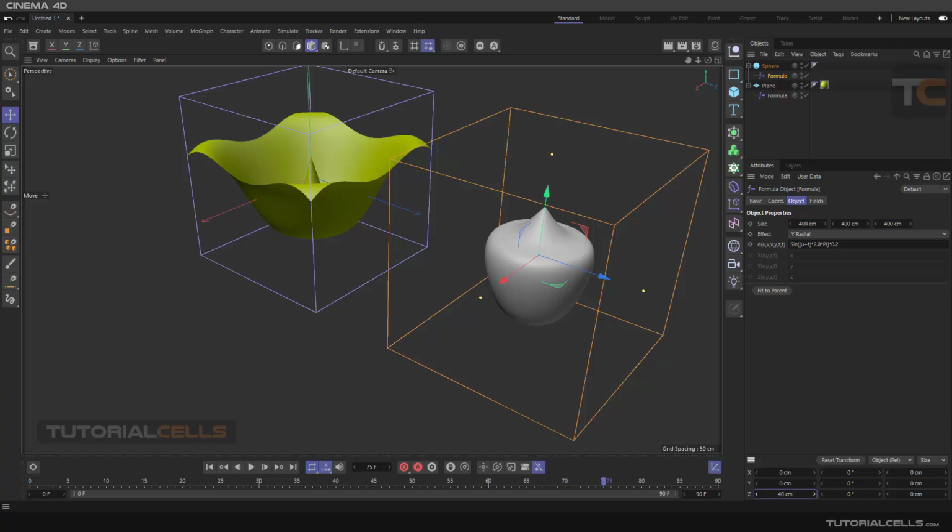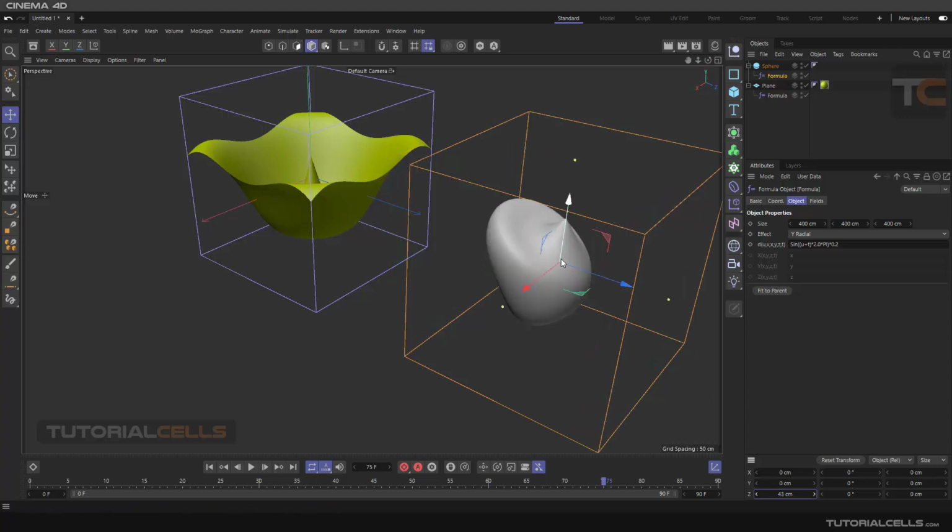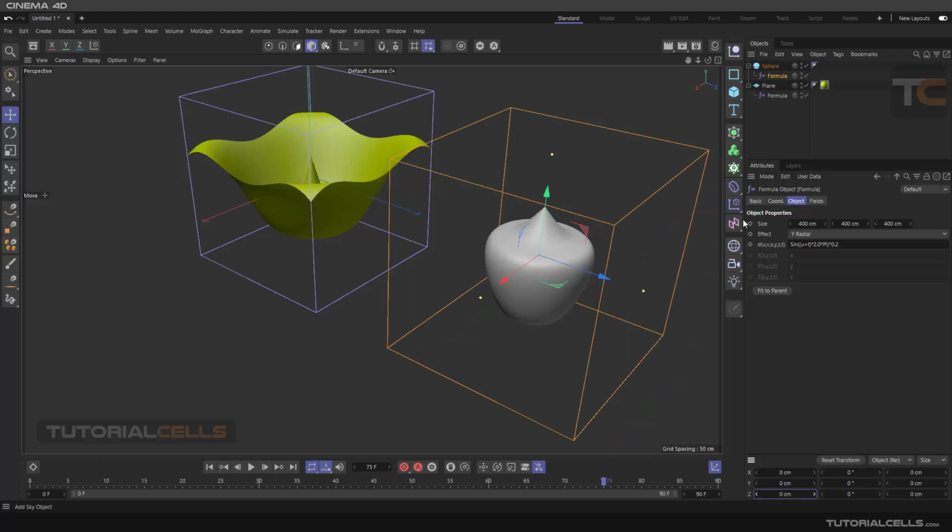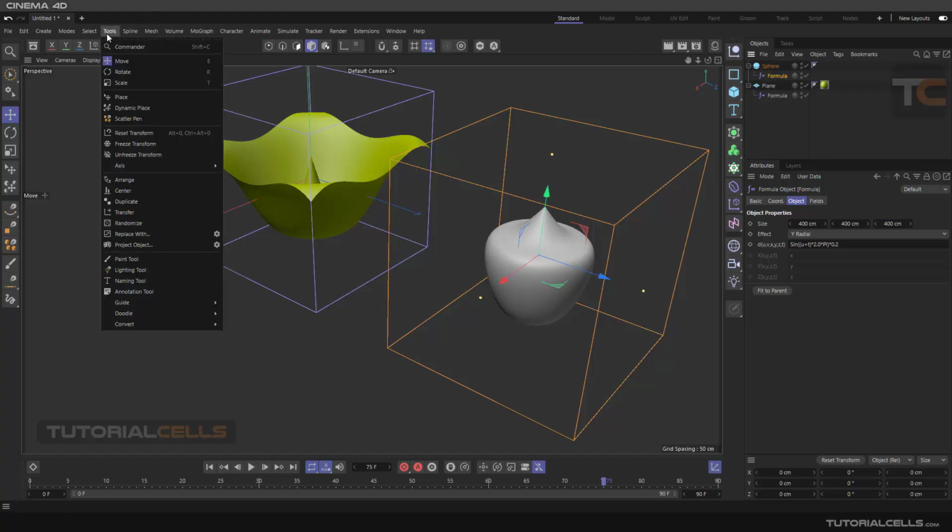If you change the Z direction, it means the Z position is changing according to the center of that polygon, that sphere. So by setting all of those to 0, you can be sure that the axis of the formula is exactly the axis of the sphere. And also you can go in here and